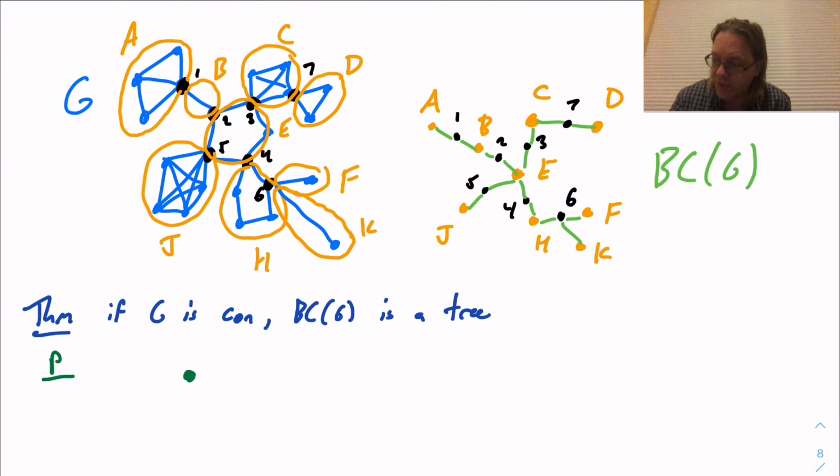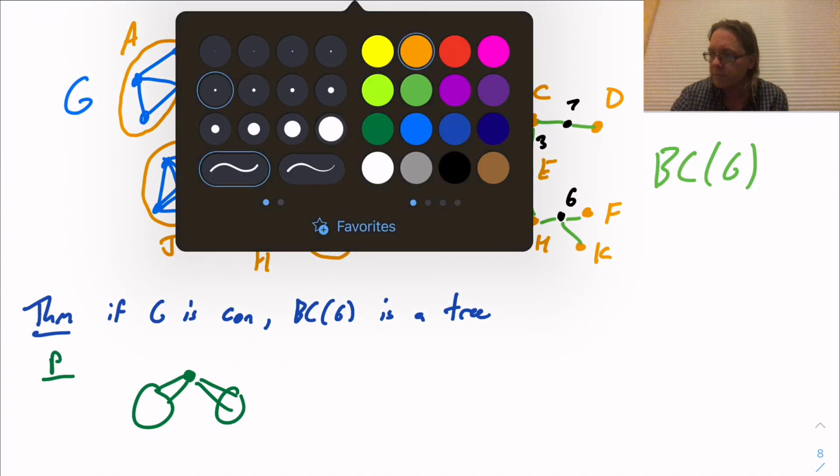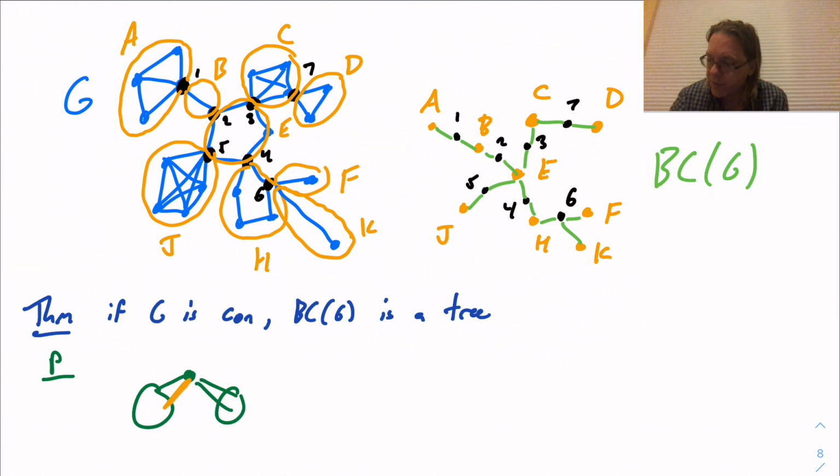So suppose this is a cut vertex, and when you delete it, you have two different components. So that means in the original graph, you have to have this. Maybe there are more. Well, in this case, this edge that I have here is a graph that is connected and has the feature, just that edge on its own. It's a connected graph with the feature that however you delete a vertex from it, it stays connected. So that means that edge,